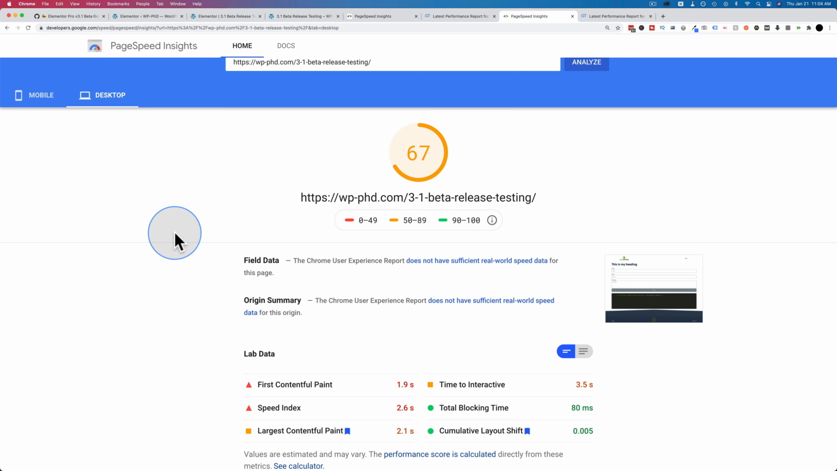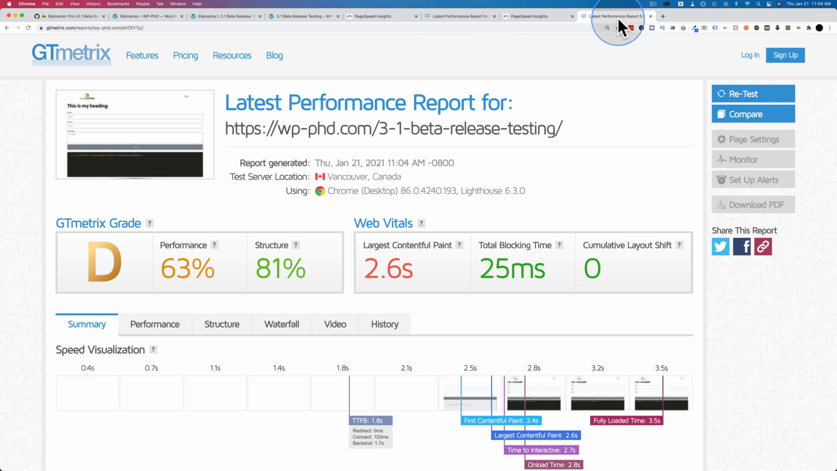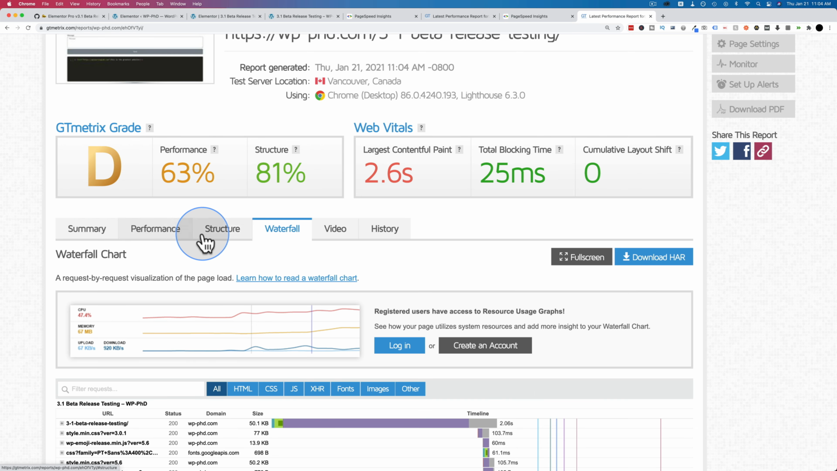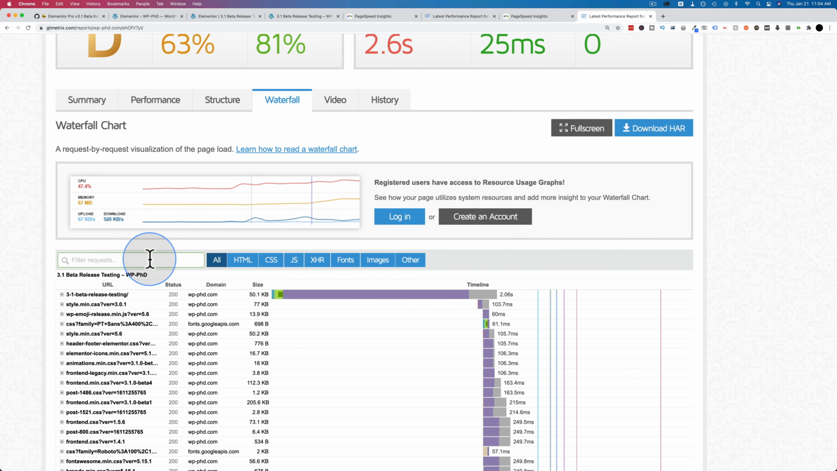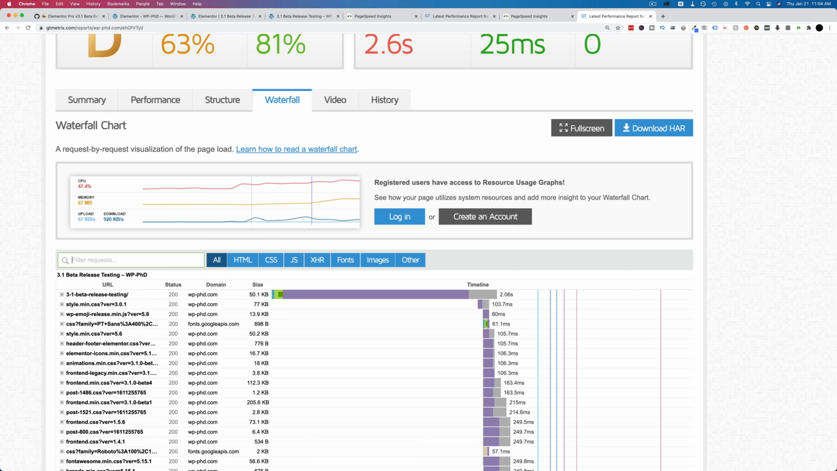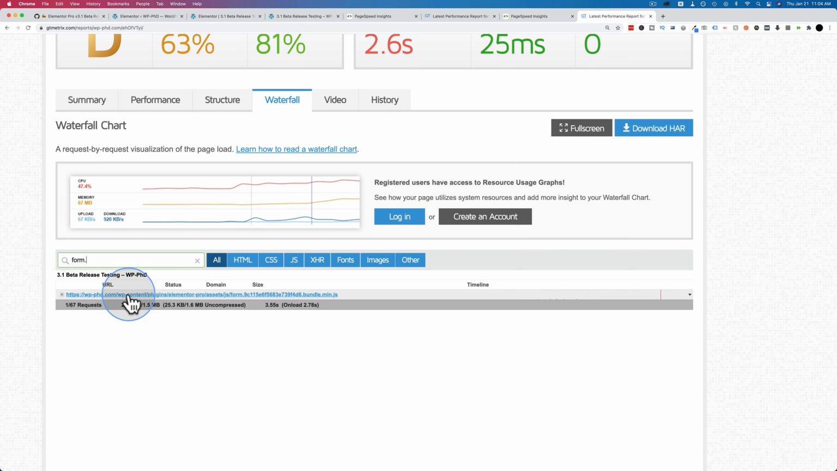It's hard to tell whether that was really the Elementor change that did that because there is some variation. When you test from one minute to the next, there'll be speed differences. But in GTmetrix, if we go to the waterfall, we can search for the preload that we had earlier, not there. And we can search for form dot, and there's the hashtag for the form, and that is the code